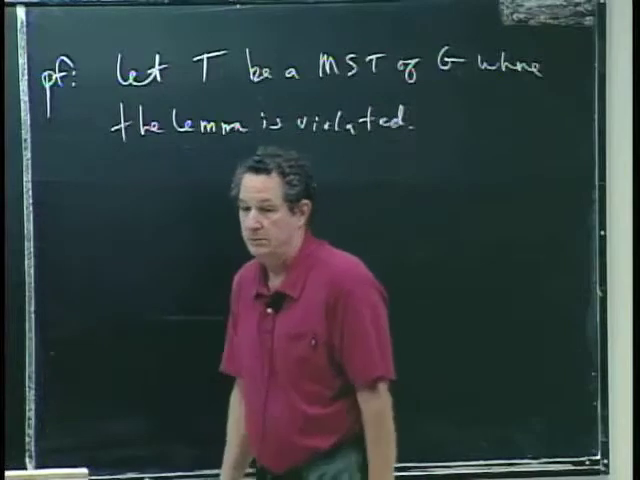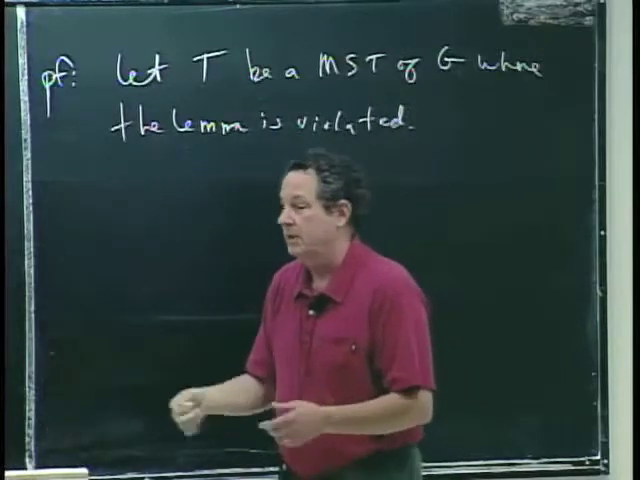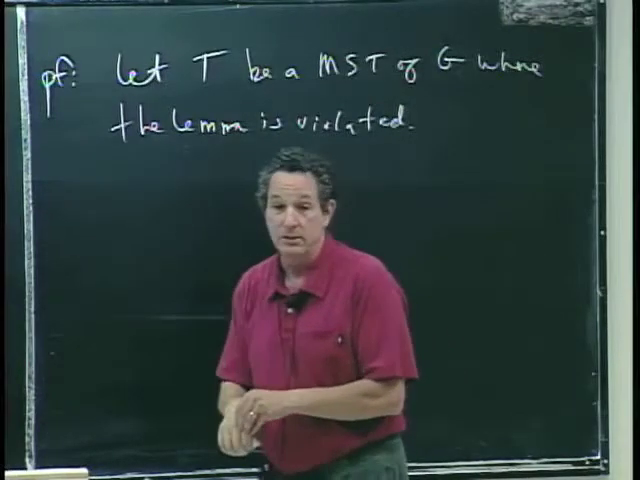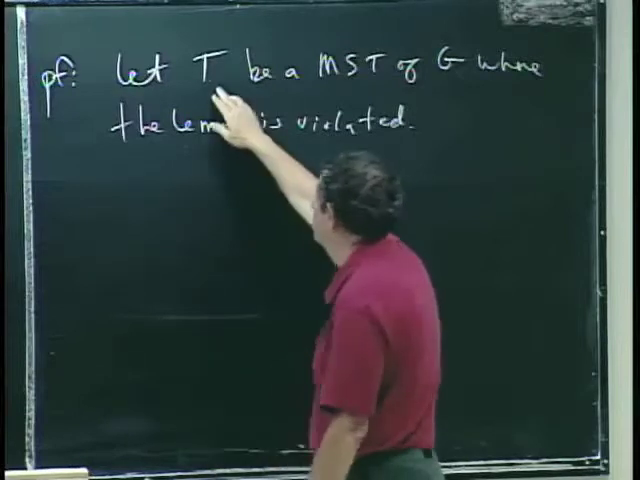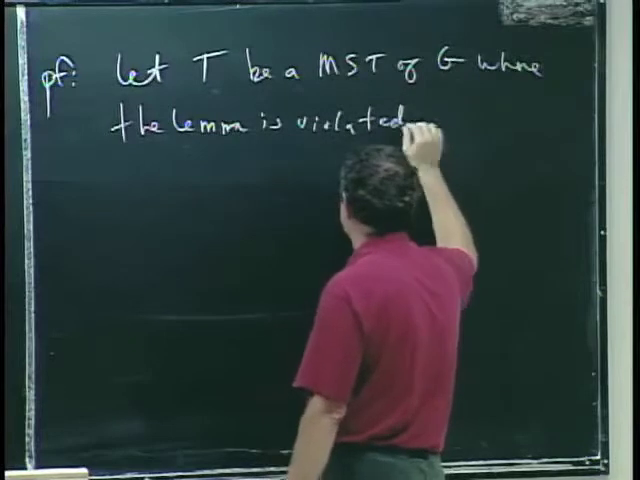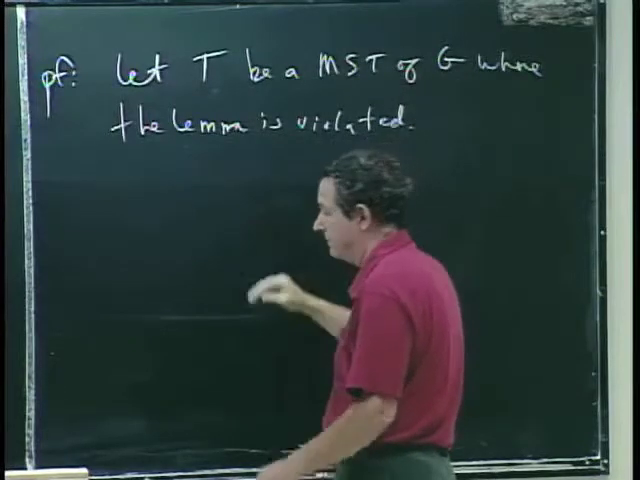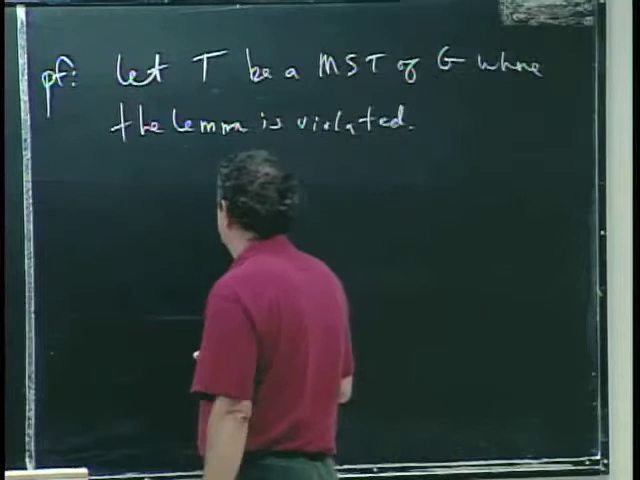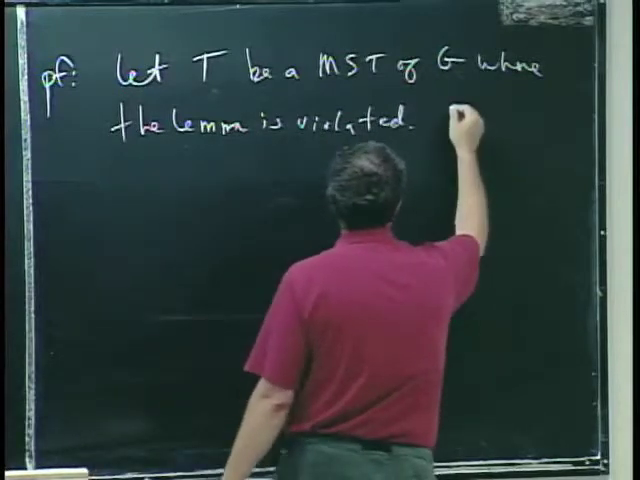Okay? So essentially we're saying assume that the lemma is false, and here's an example that shows that it's false. So T is just some minimum spanning tree of G where the lemma is violated. Okay. Well, what does that mean? It's violated. That means